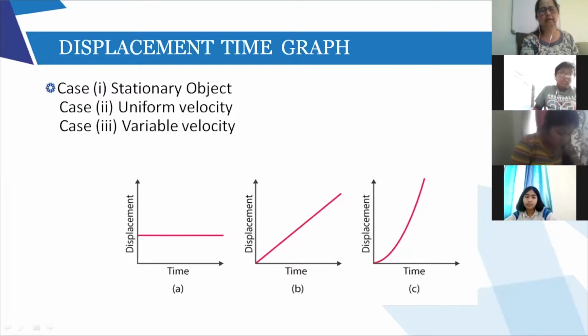Now the second graph, displacement time graph for uniform velocity. If it is a uniform velocity, then it is always a linear graph. What is a linear graph? It is a straight line. A linear graph is always a straight line. Remember that. Whenever there is uniform velocity, uniform acceleration, whatever, so uniform, the displacement time graph for uniform velocity will represent uniform velocity. Okay, this line, or you can say uniform motion, the body is traveling.